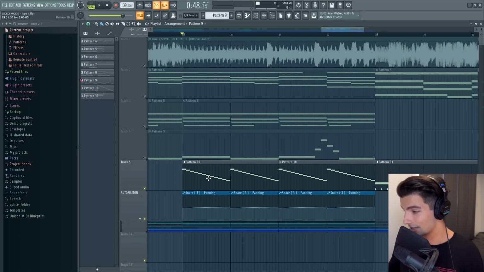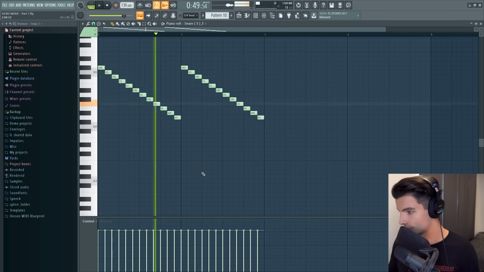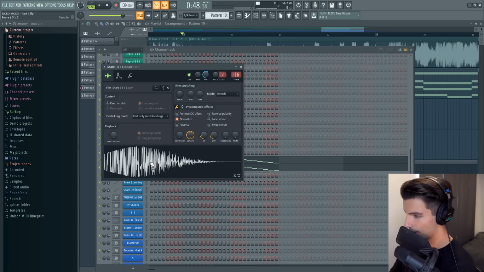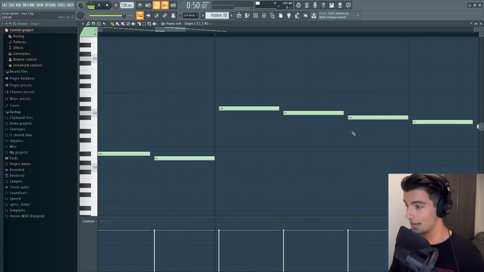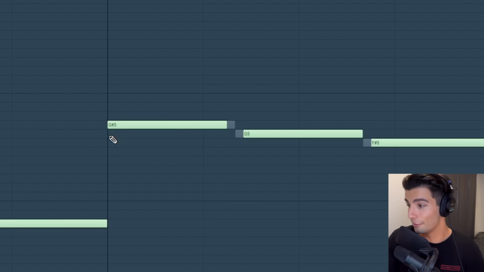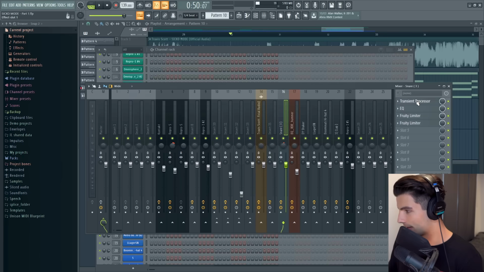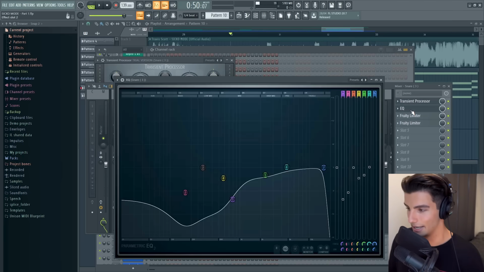Then we have the descending snare, which is the exact same snare that was used in his song. This is an 808 Mafia snare, and we're cloning the snare to add a second voice and make the snare sound longer. To add this second voice to the sound, we're dragging the second snare sample out a few note intervals. Then we're adding some transient processor and some EQ.